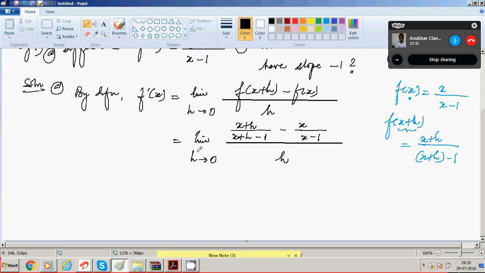So now there are fractions to be subtracted in the numerator. This equals limit h tending to 0, 1 by h